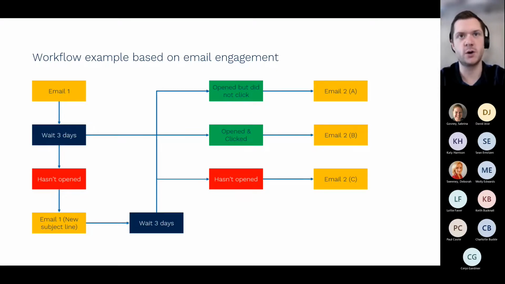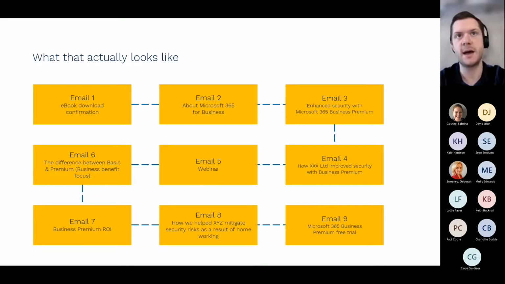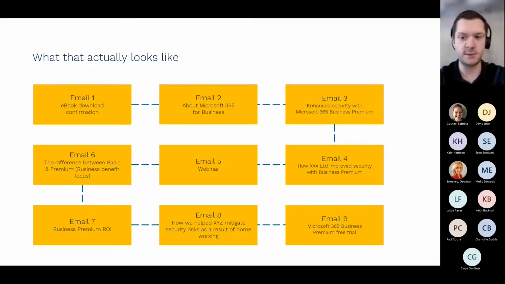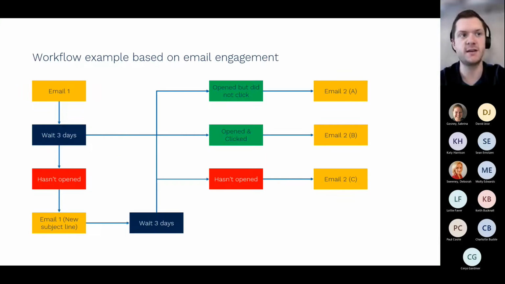And then if someone hasn't opened at all, we just take out that assumption and we start to really roll back the copy in email 2C. They may all be the same focus. They might all be around thinking back to enhanced security, if you think about email 3, so email 2A and 2B might be about enhanced security. Email 2C might be back to the previous step, just with a different angle around the business benefits of Microsoft 365. Obviously, we need to completely map this out, but I think it's important that we do engage people in a way that is relevant to them based on how they've engaged with us.